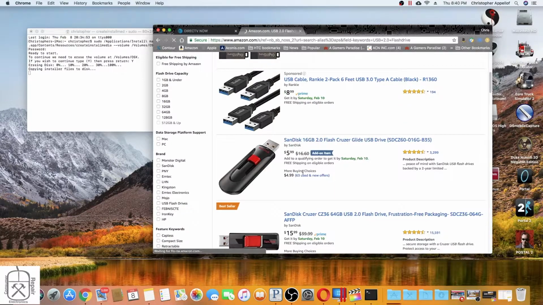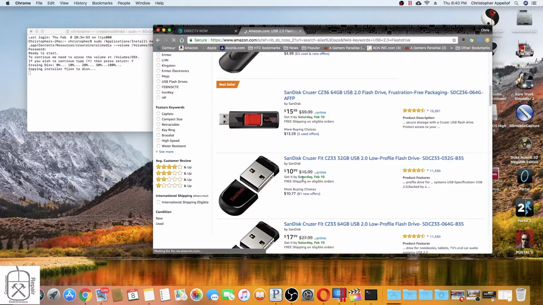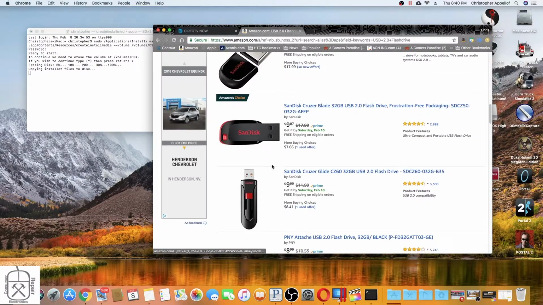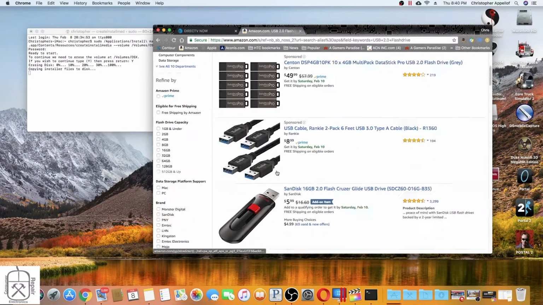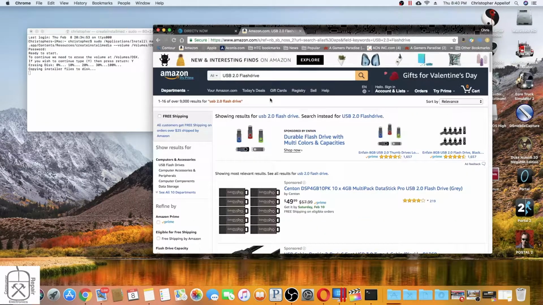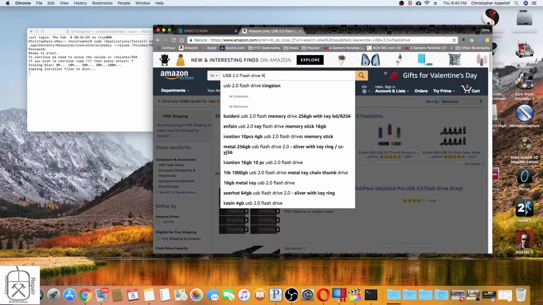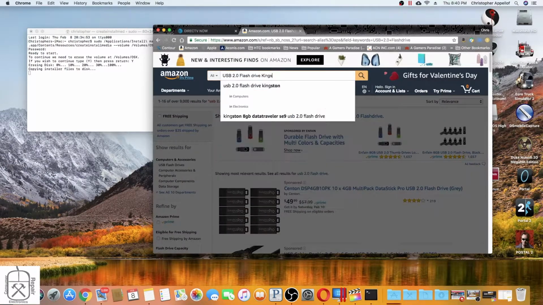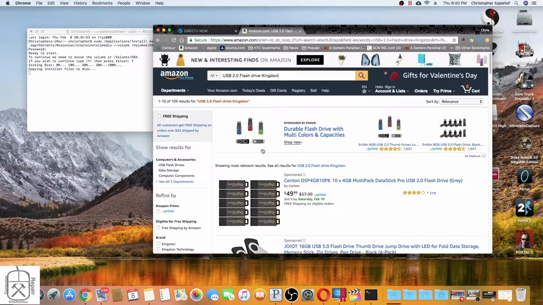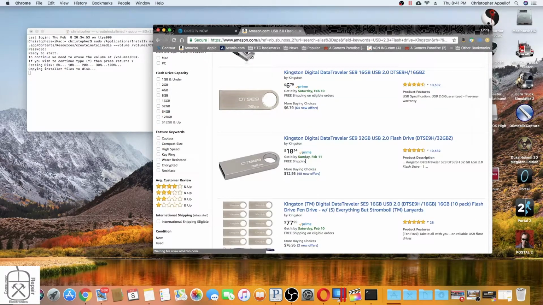You can get SanDisks, you can get SanDisk Cruisers, you can get little mini SanDisks if you want. I would recommend getting a Kingston USB drive. The Kingston model that I have is a DTS59. And just type in USB flash drive Kingston, K-I-N-G-S-T-O-N,